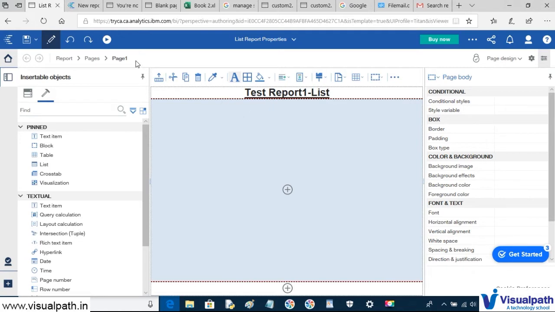Now let's execute this report and see whether the header is appearing or not.